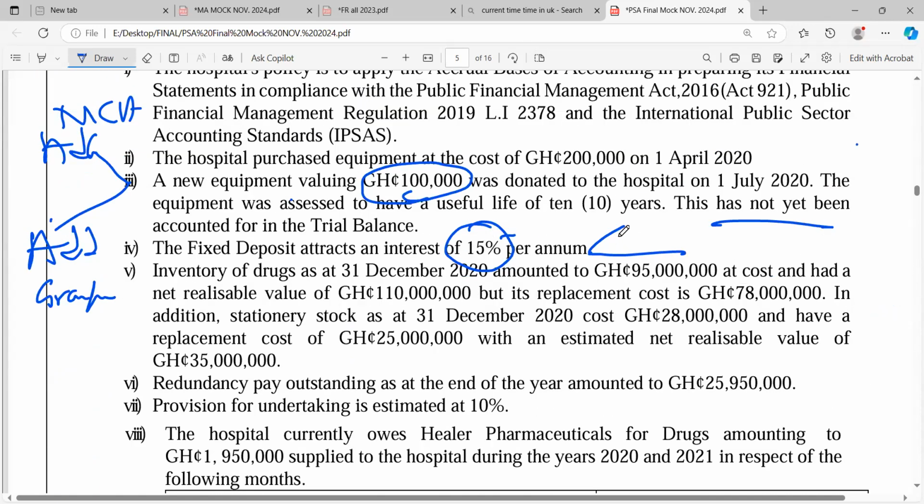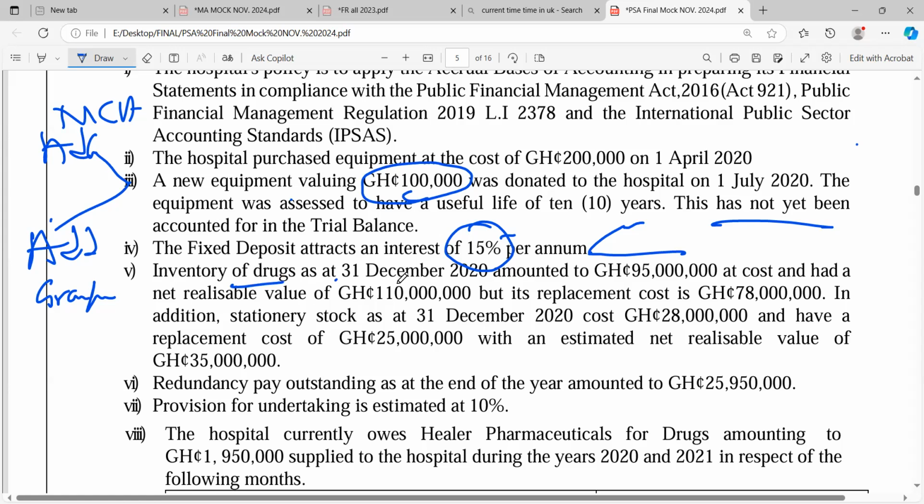Number 1, you add it. Is it public interest? No, this one is an income, not an expenditure. This is an income, not an expense. Then other revenue. Yes, you add it to IGF. It's called investment income, the last item under IGF. The second entry, because they have not received the money, add it to receivable. Second leg, add to receivable. We are done.